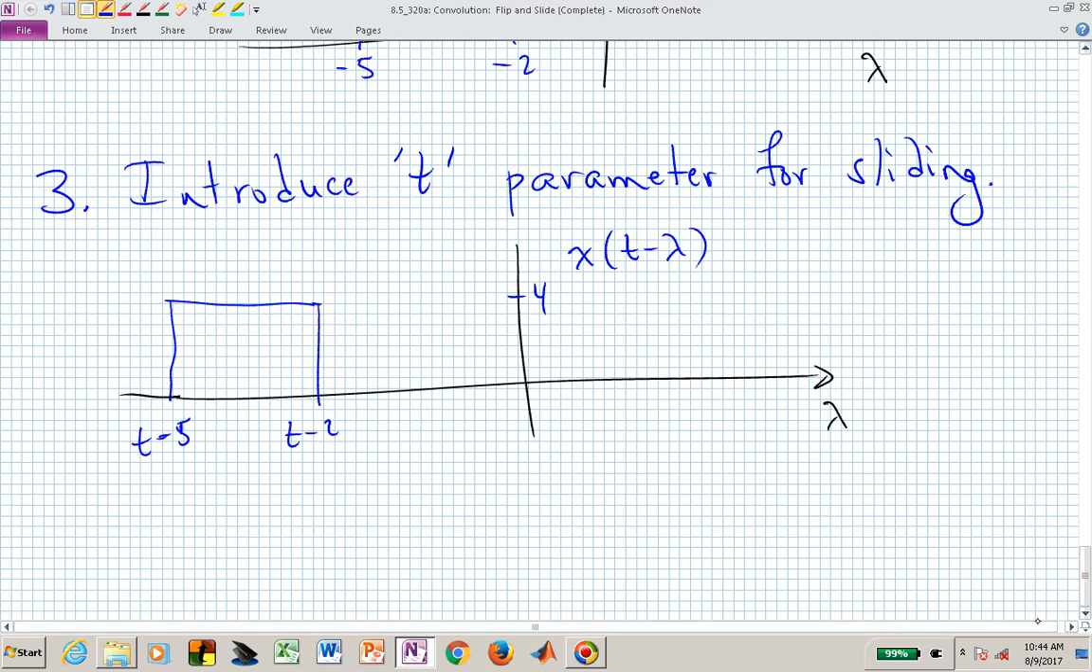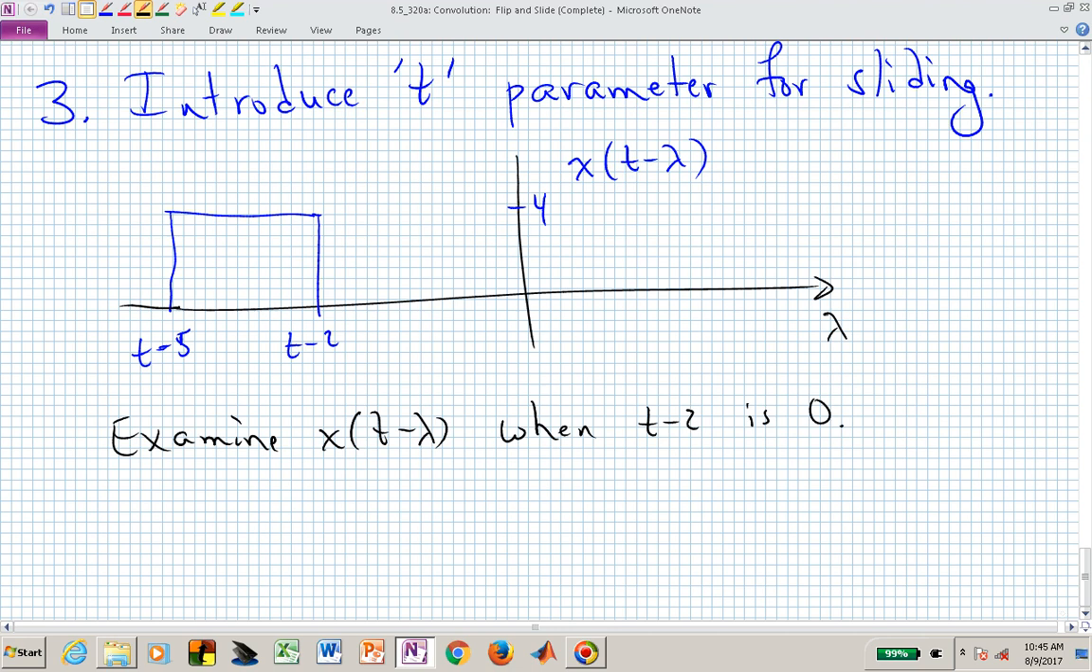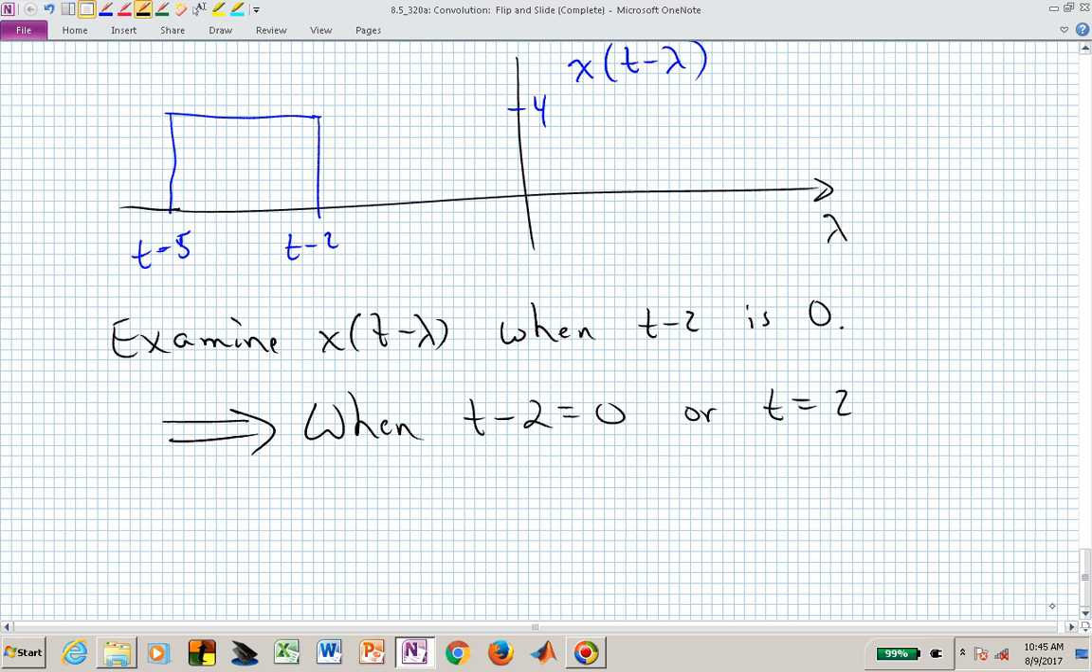And as I said before, you could in fact check your work. If you now examine x of t minus lambda when t minus 2 is 0, then what do you have? Well, when t minus 2 is 0, we've selected the variable t such that t minus 2 is equal to 0. That now says that when t minus 2 is equal to 0, or when t is equal to 2 in our eventual expression,